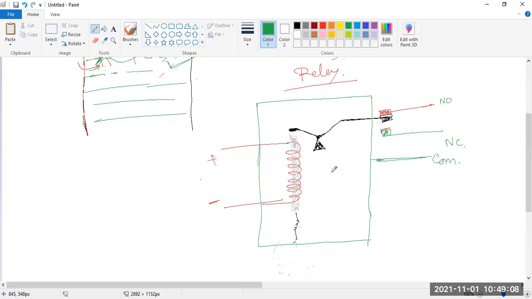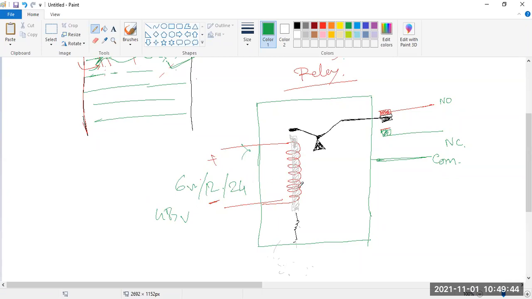Look, what is the action? Whenever you apply some DC voltage, maybe 6 volt, maybe 12 volt, maybe 24 volt, or 48 volt. Why is this voltage different? The voltage is different due to the action, because whenever you put some voltage, current flows through this coil, then the coil becomes energized. The capacity of pulling this plunger depends on this voltage.